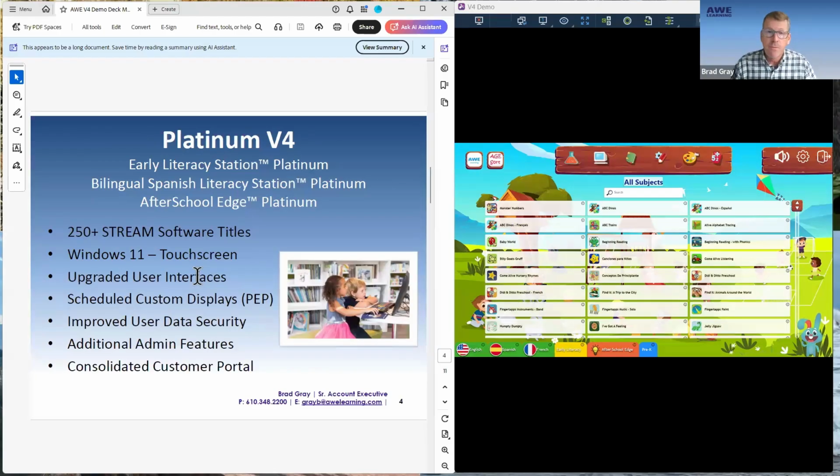We have a new version of this program available, and that is basically upgraded as a result of some technology needs in the industry, as well as feedback from our many libraries and our many families who interact with us on a regular basis. So that's what I'm going to cover today, as well as some administrative background that we've